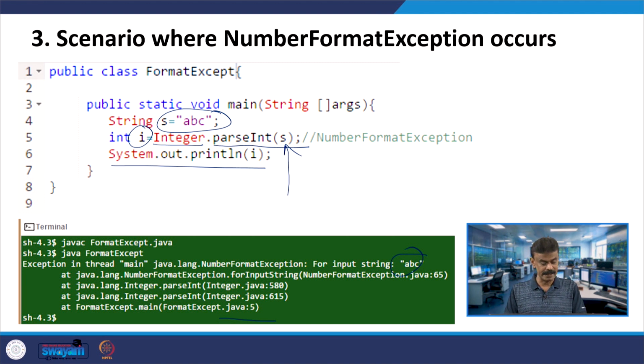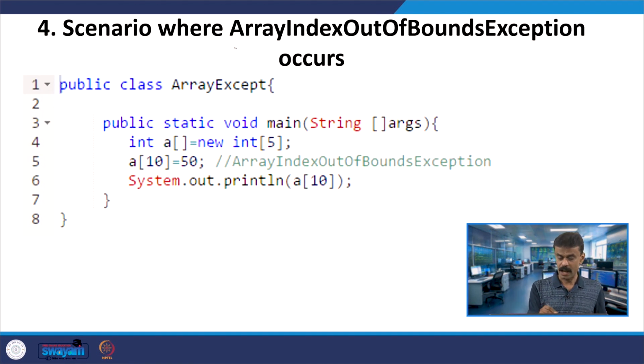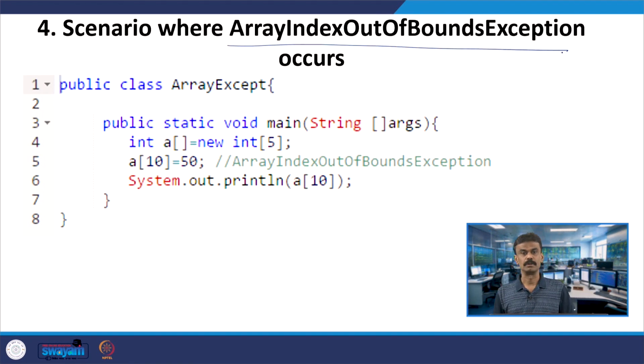Here you are getting the error from Integer dot parseInt. When you try to convert the string into an integer it is not possible, and the name of the exception is number format exception.